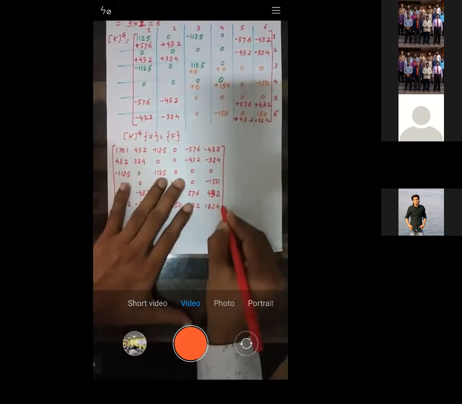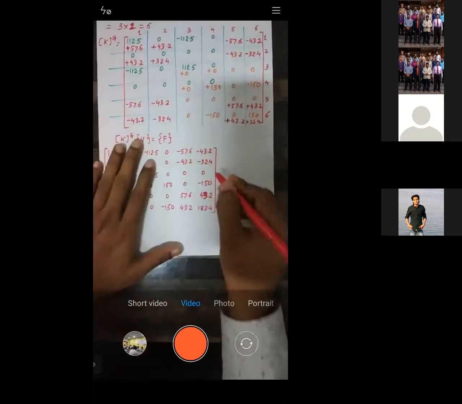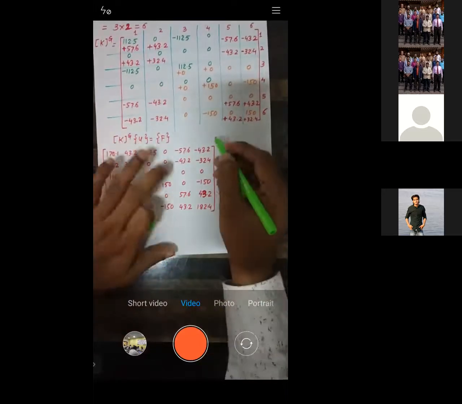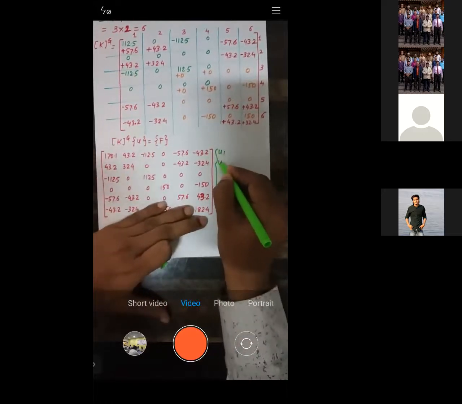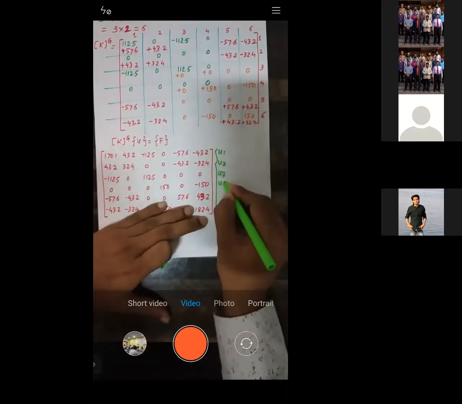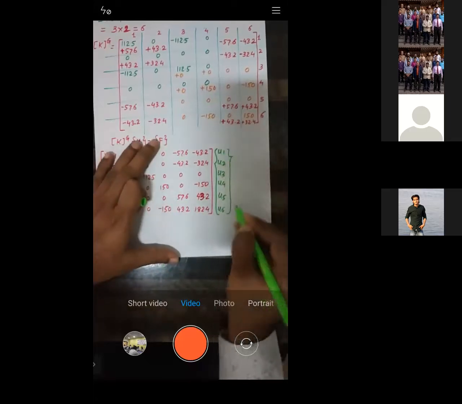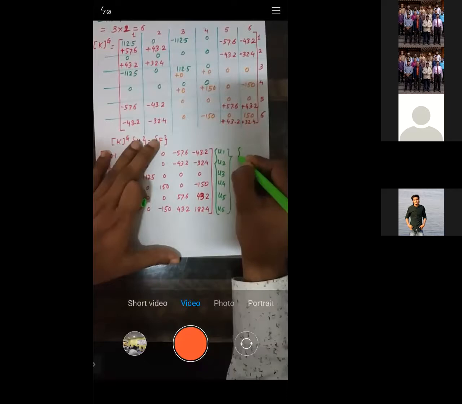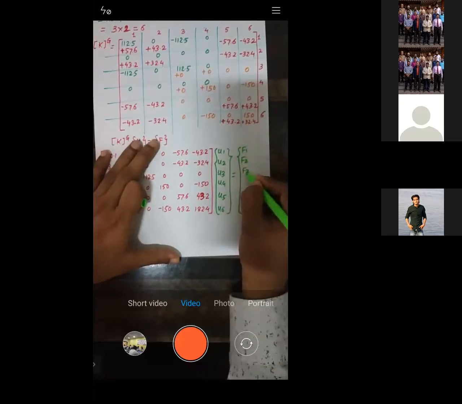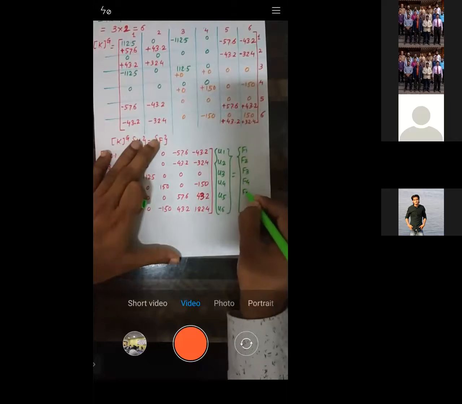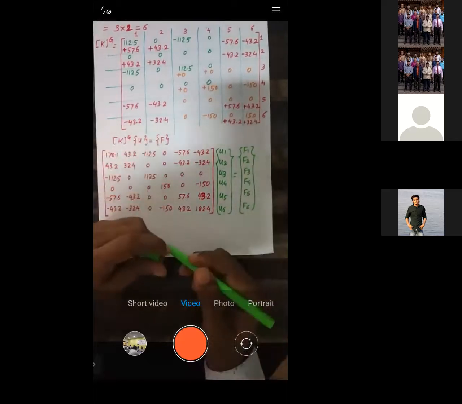Okay, so this is our global stiffness matrix, right? So this is to be multiplied by the displacements. So those are u1, u2, u3, u4, u5, and u6, right? So it is given by forces, and those forces are F1, F2, F3, F4, F5, and F6. Right? So these are the forces. Now we need to solve it.